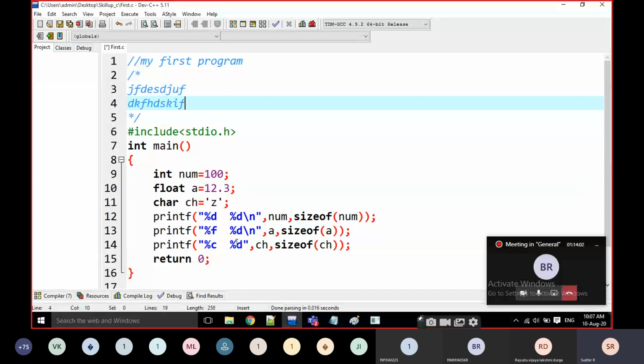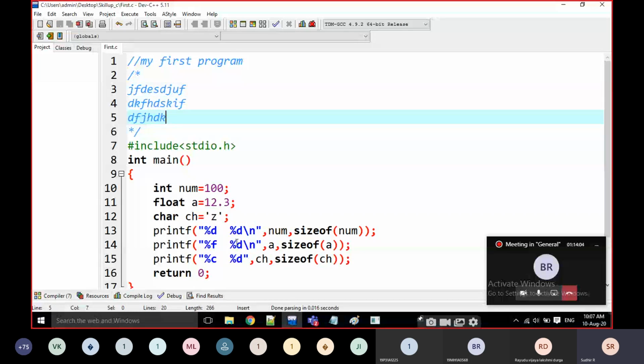Inside this we can write n number of lines, that is a multiple line comment in C. Okay everyone, multi-line comment and single line comment. A single line comment is indicated with a double slash. A multi-line comment is with slash star, star slash.